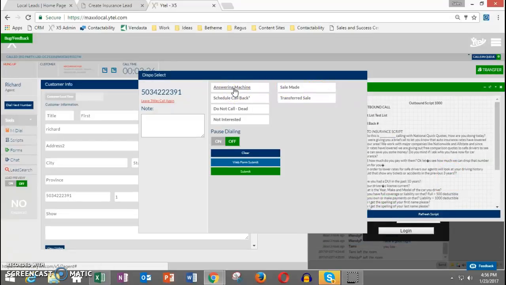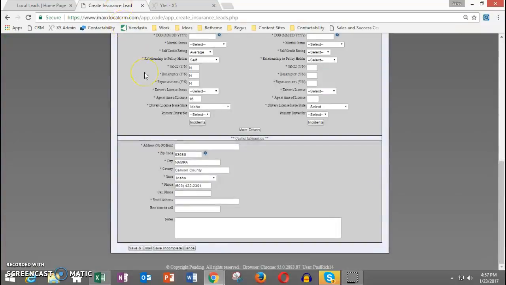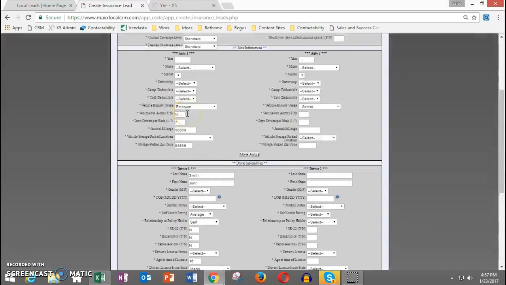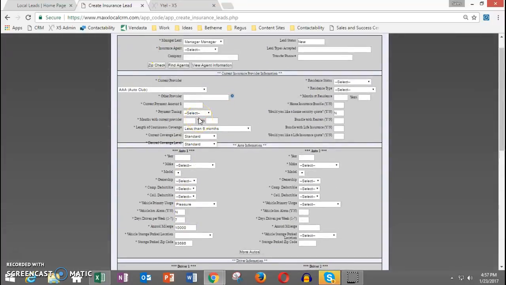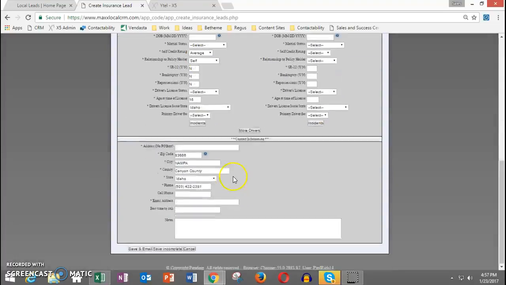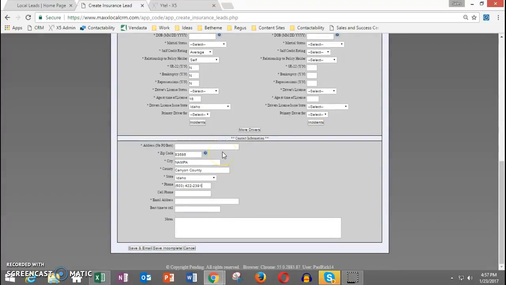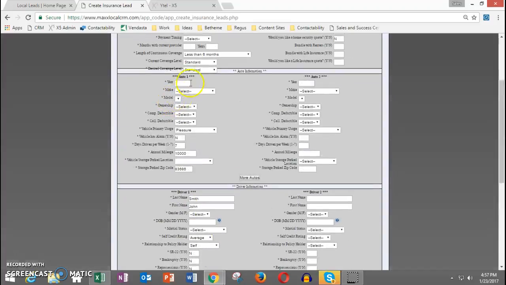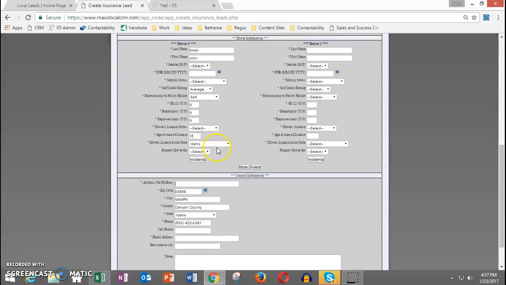Now, a couple notes here to mention is that while you're listening to the phone call for the first 60 seconds, you can listen in and grab the information or some of the information about that lead from that conversation and just input it. Now, we don't want you staying on the phone call for 5 or 10 minutes trying to grab every bit of information, but any information that you can grab, maybe they say their address or maybe they type in the type of car that they drive. If you hear that within the first minute or so, go ahead and fill it out